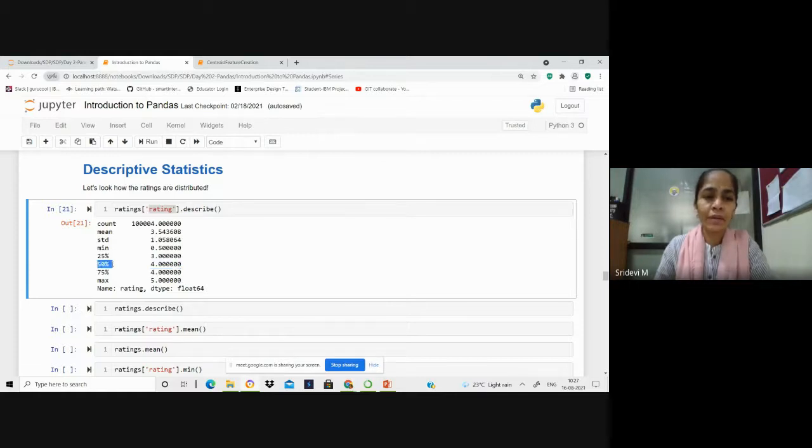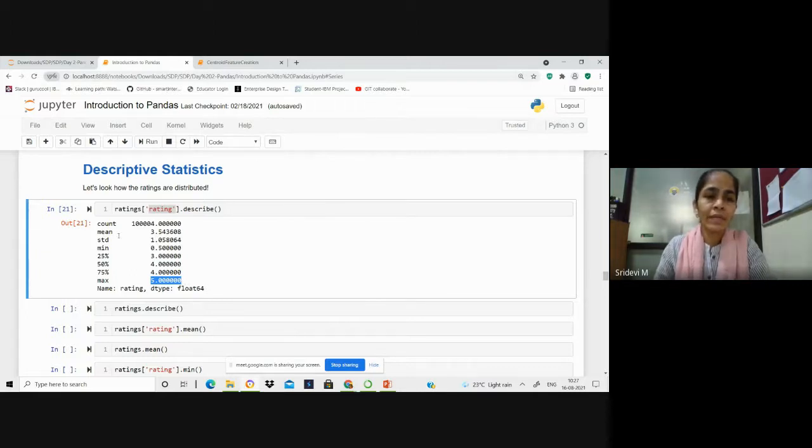Now the second quartile, 50%, is also called as median. So median or 50% or second quartile will give us the same value, that is 4. And the maximum value here that is noticed is 5. The maximum rating given is 5.